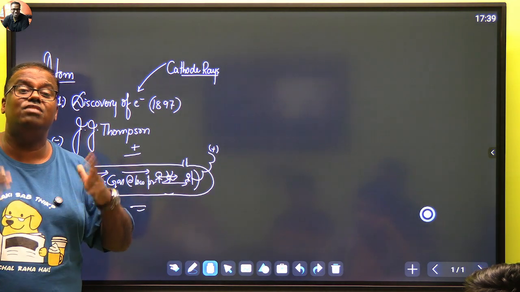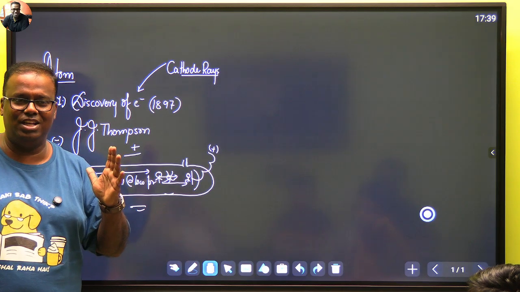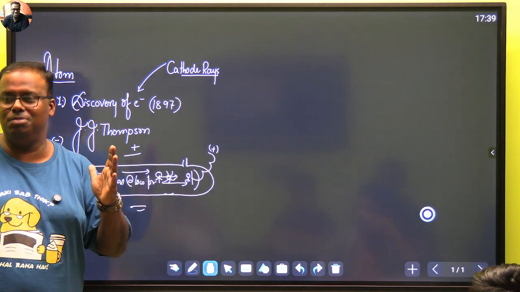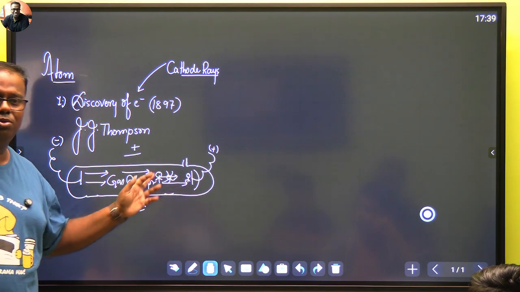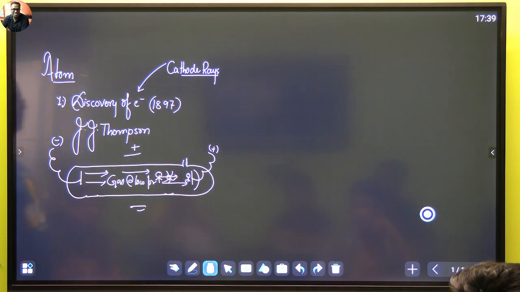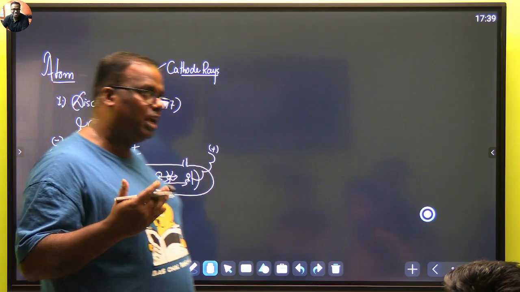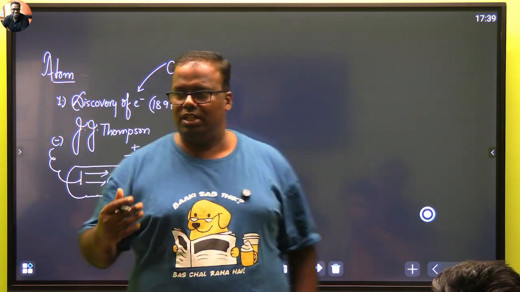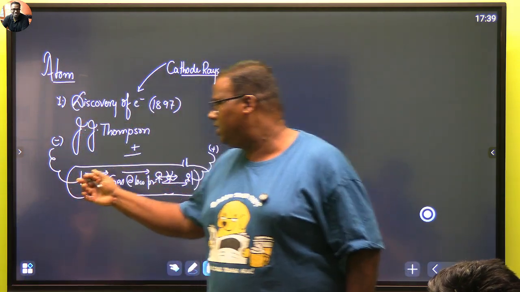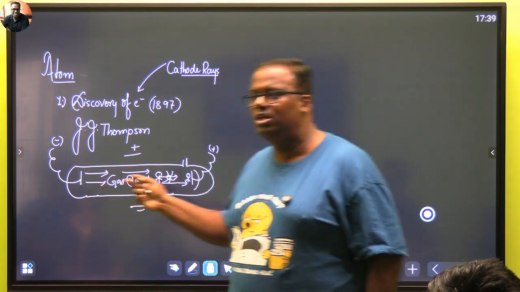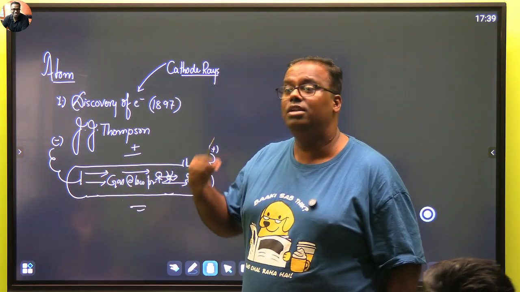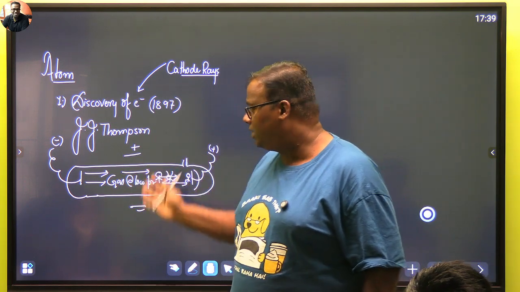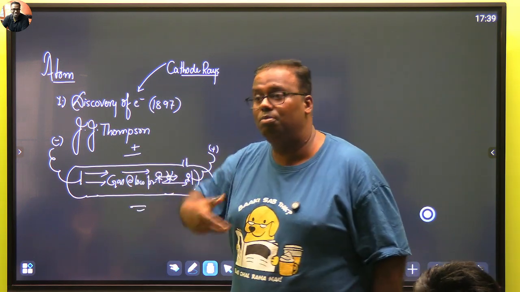The rays have mass in them. Are you understanding? They have mass in them. Momentum hai unke andar. They carry kinetic energy with them. That's why they are able to do work on this paddle. So what were these rays? Since the rays are originating from the cathode, the rays were termed as cathode rays, which are negatively charged, which get deflected by negative field, which have mass in them.